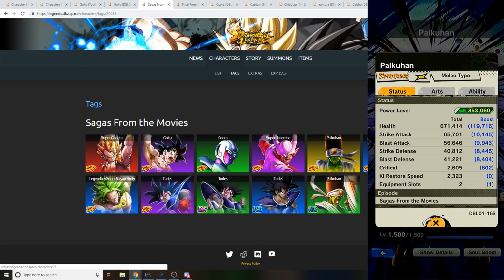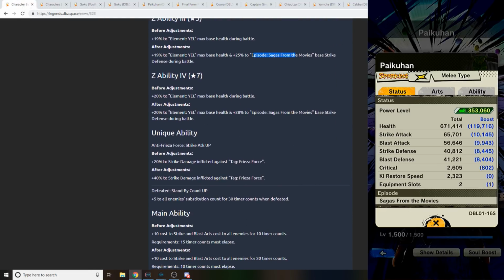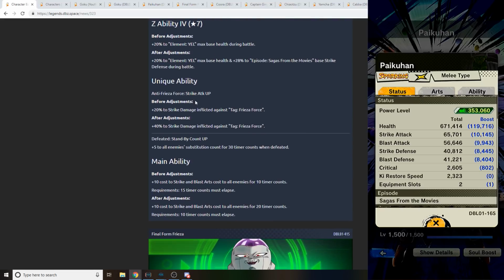And there are other units like Cooler and Broly that kind of can support these tags as well. I think one of these Turleses, maybe? I don't know. Not going to dip into that too much. But we're going to come back to the Pycon thing. Moving on, his ability at 7 stars. Again, the HP for the yellow element doesn't change, but he does get 28% to strike defense for that tag